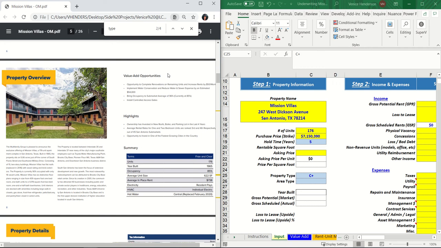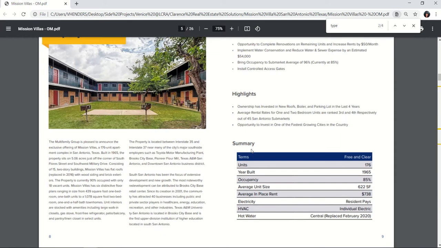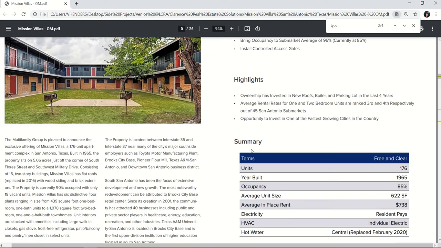All right, you all, let's just go ahead and read it. I try to skim through, but we have to do what we have to do. The multifamily group is pleased to announce the exclusive offering of Mission Villas, a 176-unit apartment building complex in San